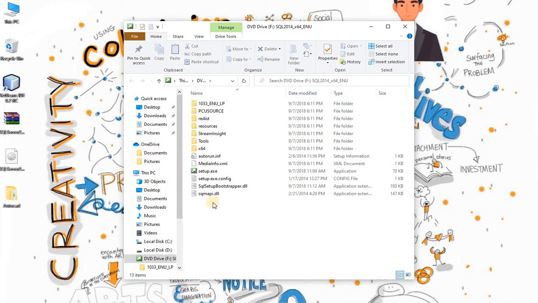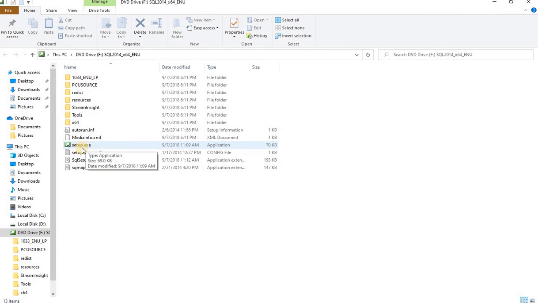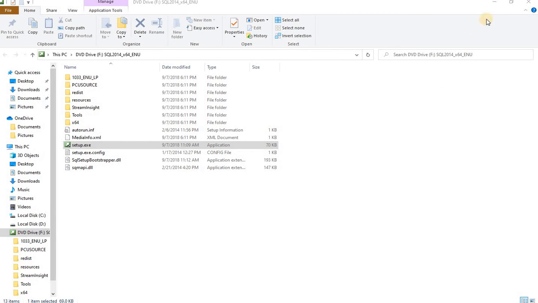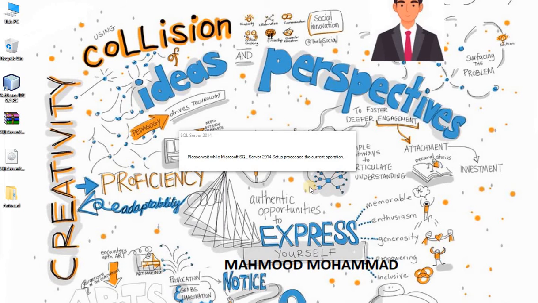As soon as you say mount, a pop-up window will open. It's an explorer. Okay, so here you can see there is a file name called as setup.exe. Right click on this and you will see run as administrator. Okay, say yes. The setup will start here and it will take little time so that you can begin your installation. Okay, it is collecting the full package.